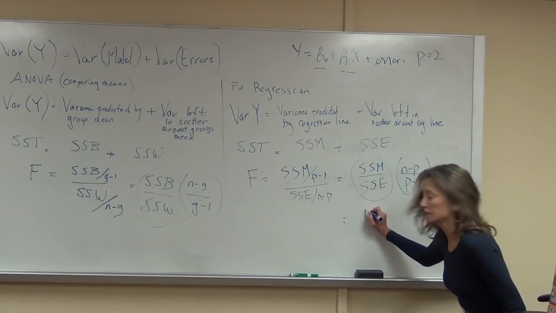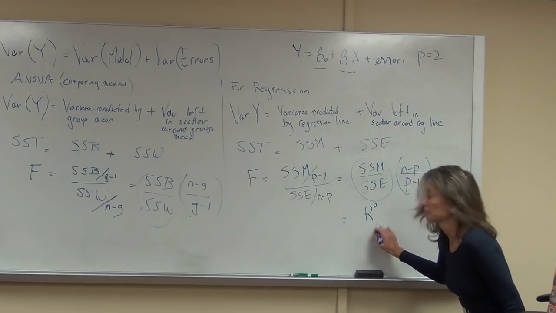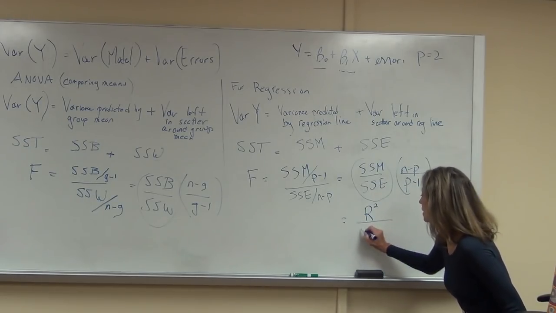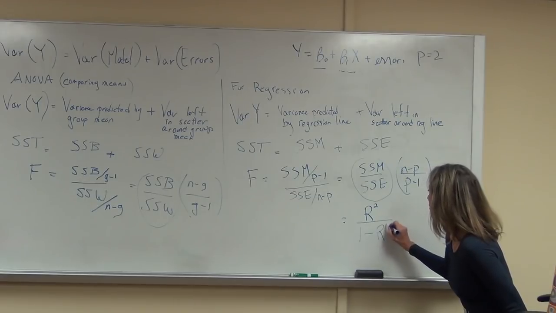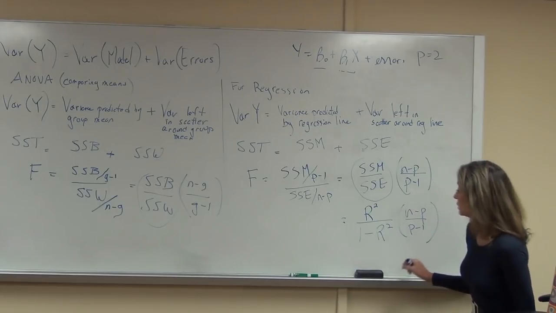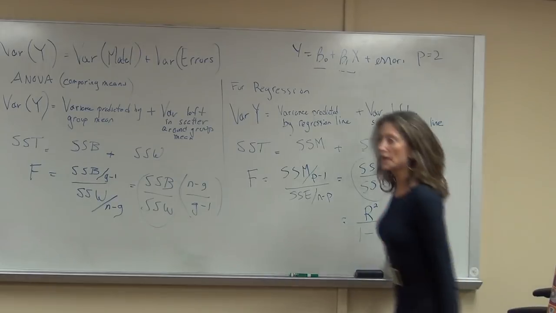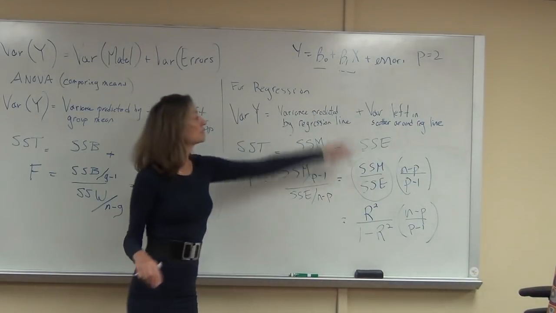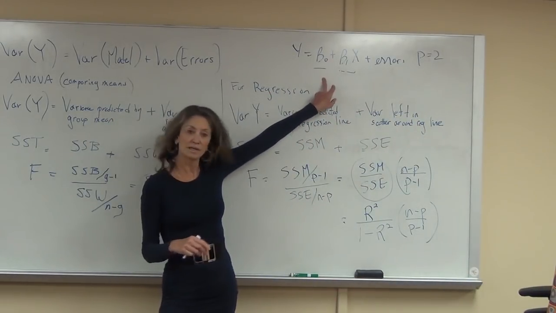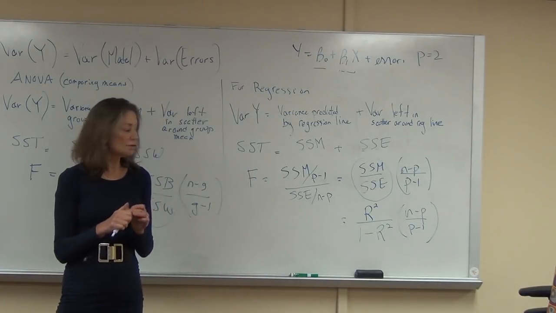So we can rewrite this as our correlation coefficient squared over 1 minus R squared, times N minus P over P minus 1. We could do the same over there too, but we've defined our correlation coefficient in regression, so it's easier to understand here. All right, so